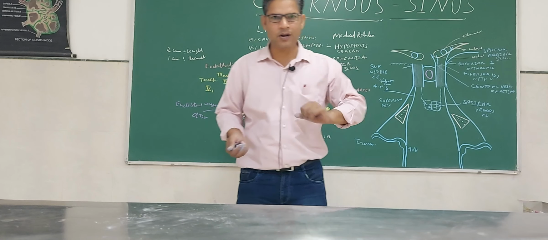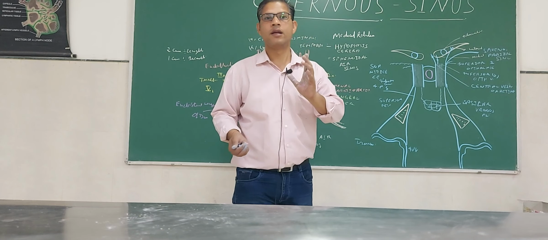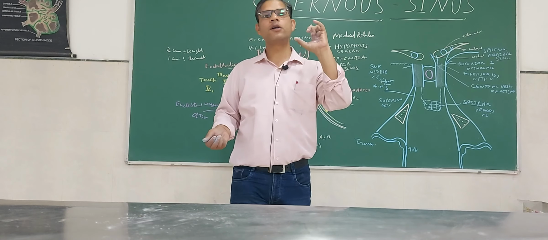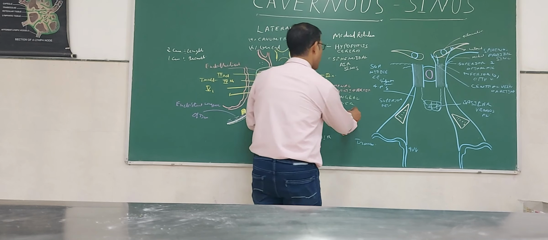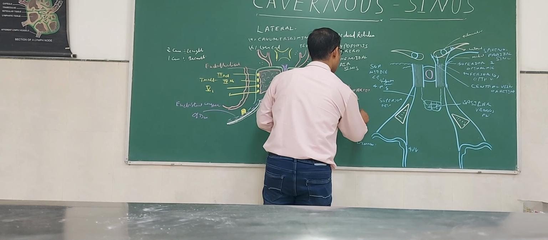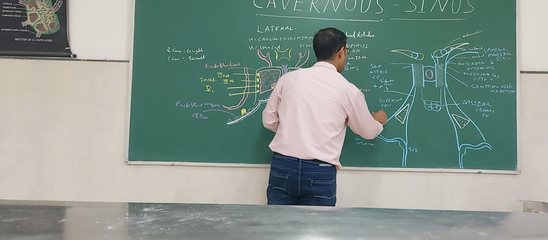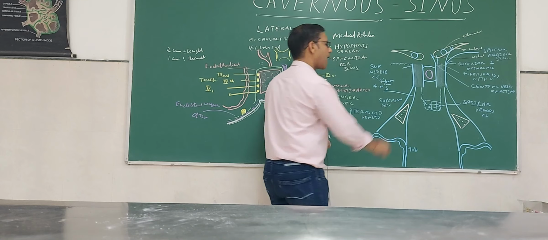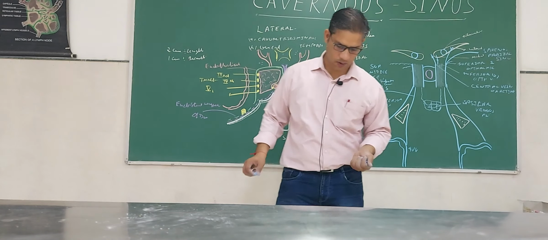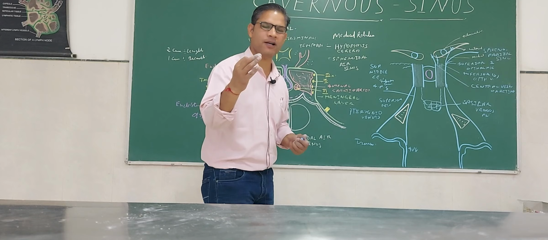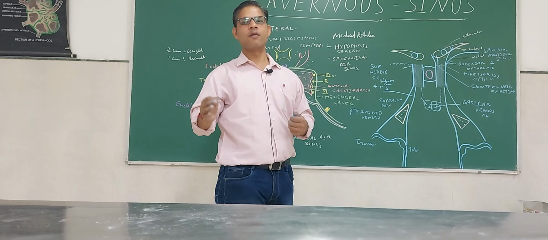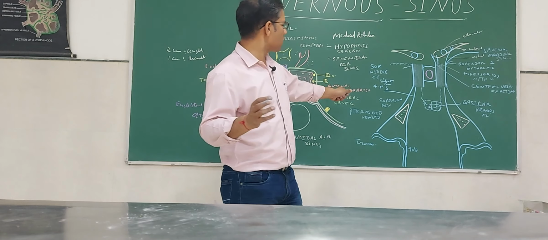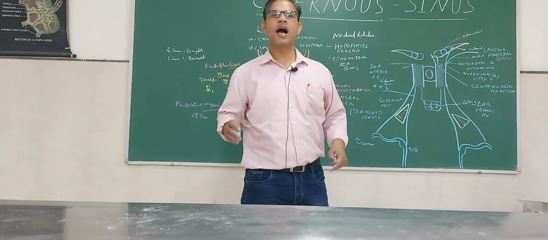Below this there is a foramen ovale, and the foramen ovale has an emissary vein. This emissary vein communicates the pterygoid venous plexus with this cavernous sinus. The pterygoid venous plexus cannot be shown in this diagram. So, the communication through the superior petrosal sinus, through the inferior petrosal sinus, through the basilar venous plexus by the sulcus venosus, and by the emissary vein into the pterygoid venous plexus, and not only that, to the